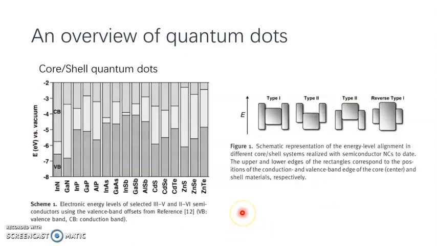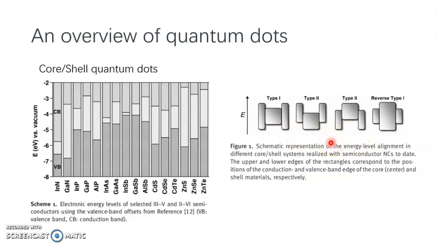We can also use semiconductors with different band structures to create core-shell quantum dots. Three cases can be distinguished, including the type 1, reverse type 1, and type 2 band alignment. In the former, the band gap of the shell material is larger than that of the core, and both electrons and holes are confined in the core. In the second, the band gap of the shell material is smaller than that of the core, and dependent on the thickness of the shell,